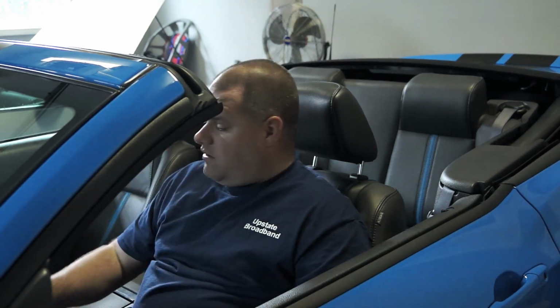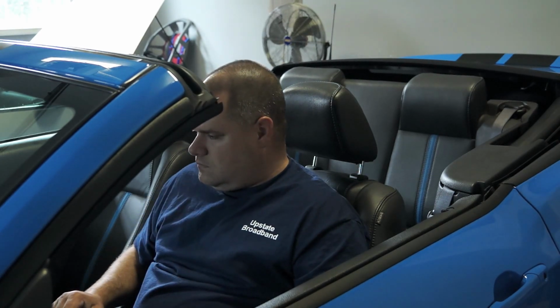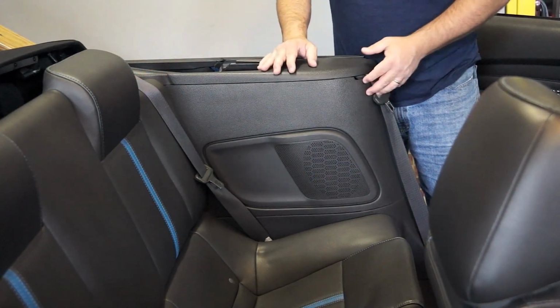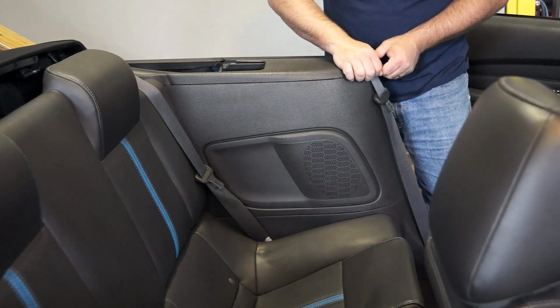All the speakers. Now, if I change the speakers to the rear, I don't know any idea how to do this. I've read a couple of things. There are no videos on YouTube on how to do this, but from what I've read, what you're going to do